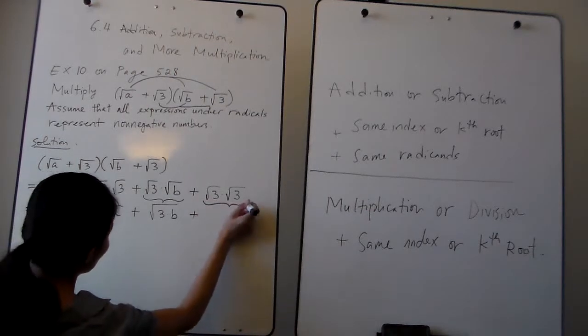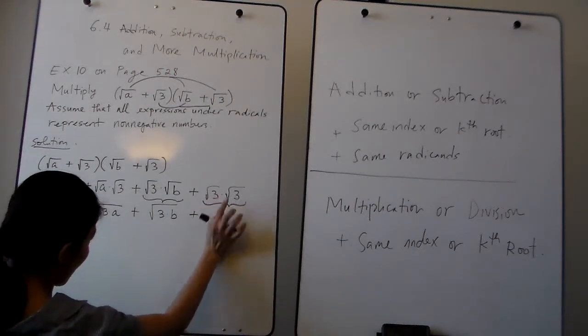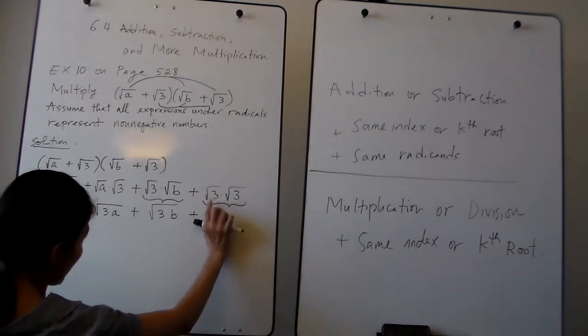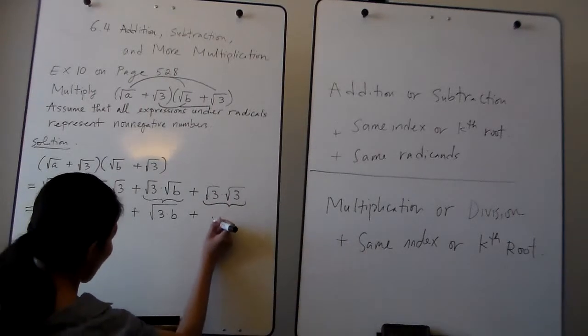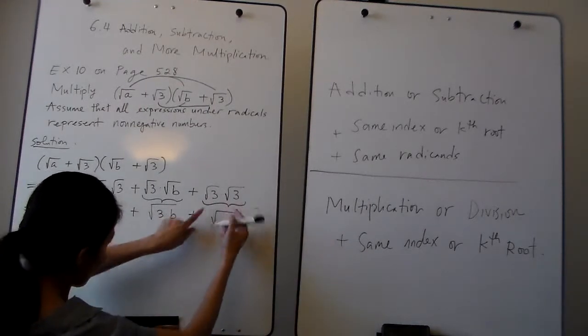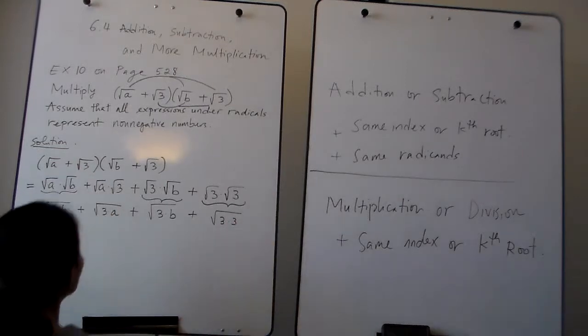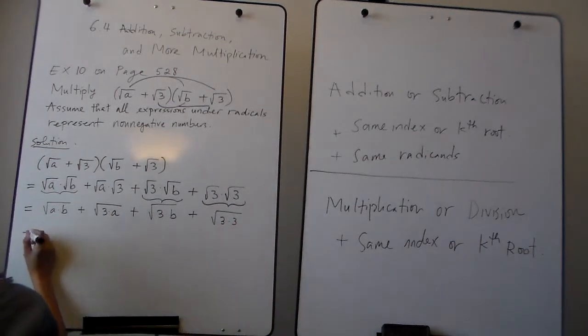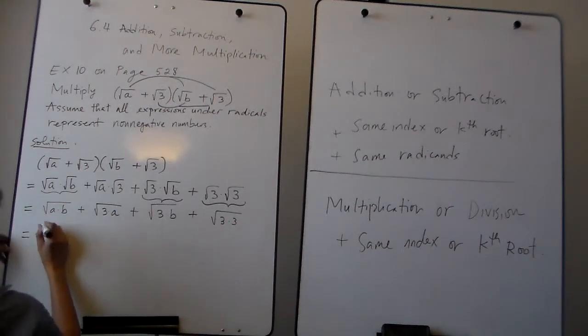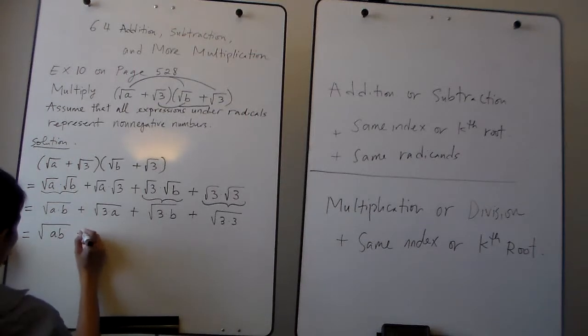Plus, again, you double check the two radicals when you multiply. And it turns out both have the same index. Satisfy this. So same radical, 3 times 3. Simplify as much as we can. We would have square root of ab plus,